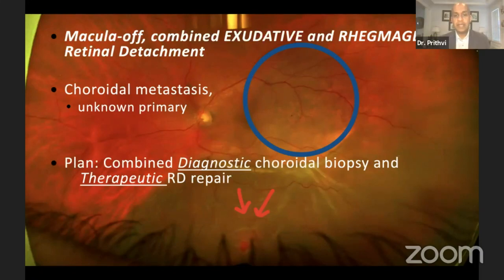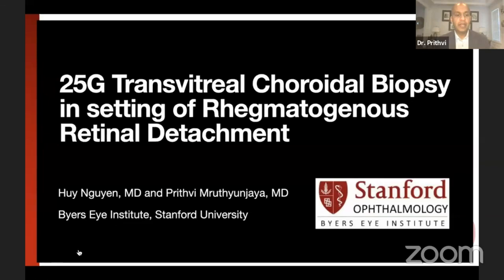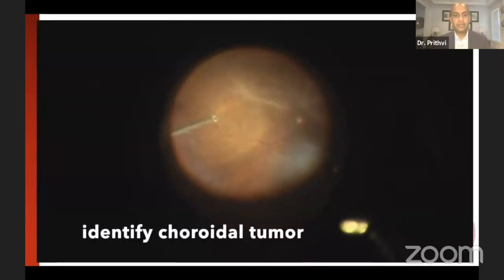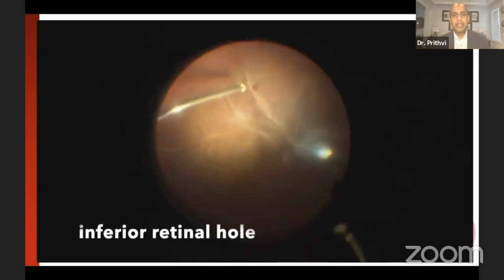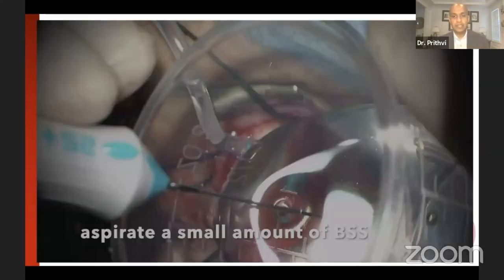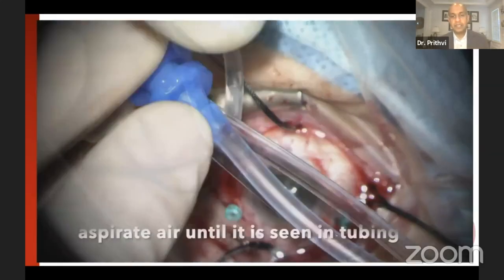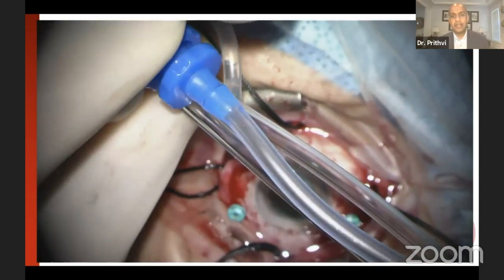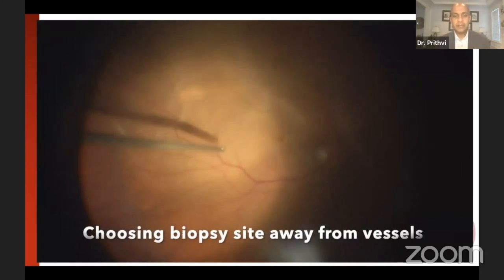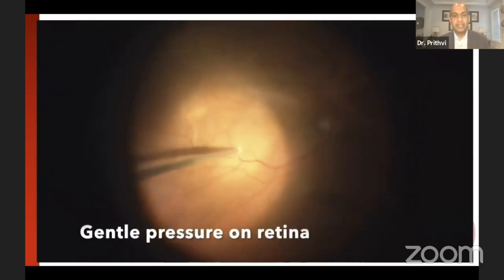So we did a combined diagnostic choroidal biopsy and a therapeutic repair of the retinal detachment. We proceeded by placing an encircling scleral buckle and proceeded with 25-gauge vitrectomy, where we first identified the choroidal tumor and also the inferior retinal break. We did a peripheral vitrectomy in this case, because of the therapeutic intent. I aspirated some clear fluid and then a little bit of air up to the first connector, and we come up to the tumor site and come up to the edge of the tumor in an avascular location,